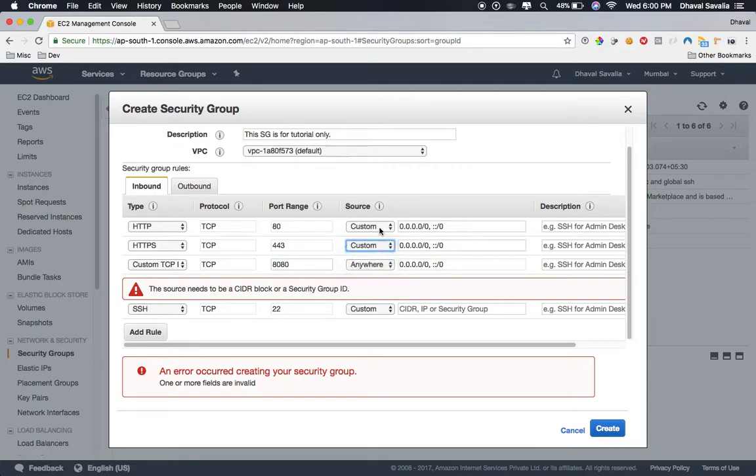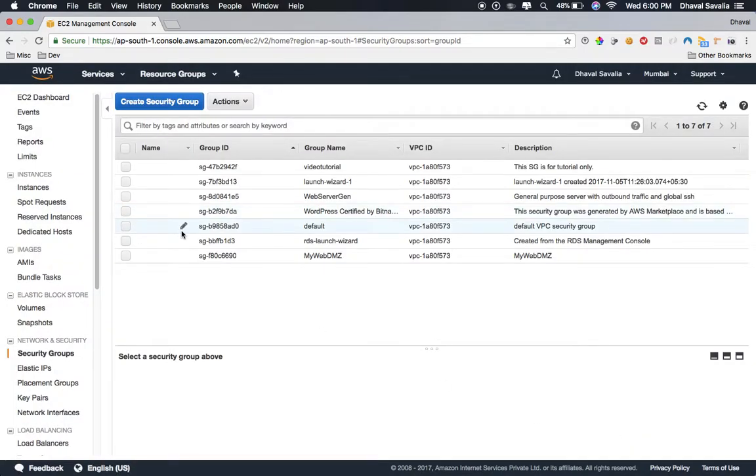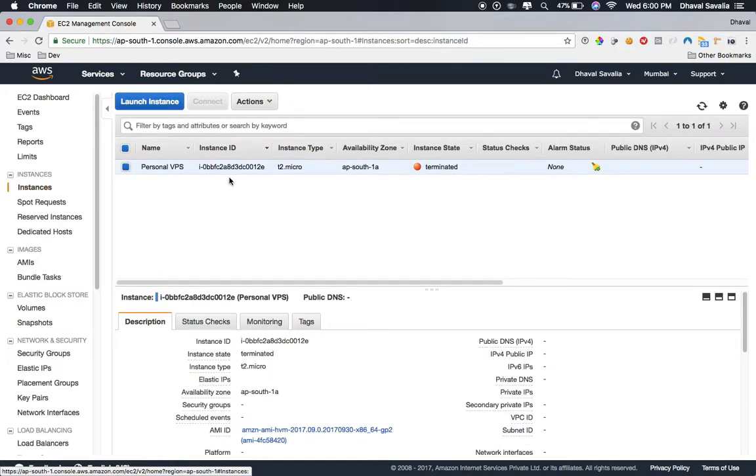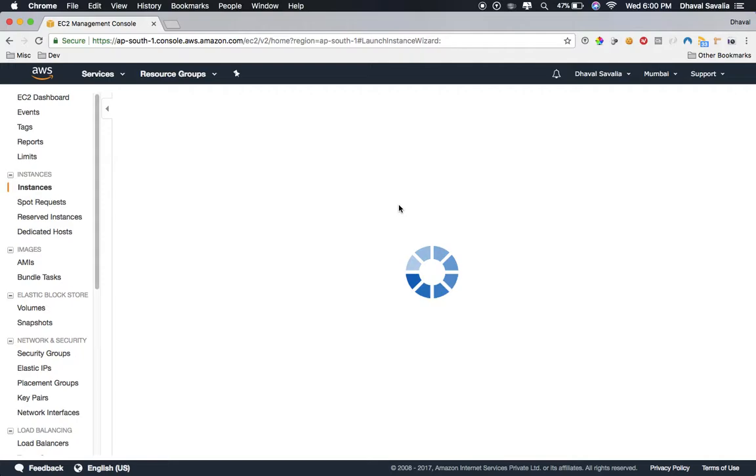Anywhere, just go anywhere. Okay, so now we are done with security groups, and here our interesting part comes, launching our instance in the